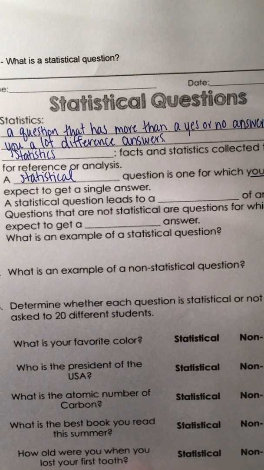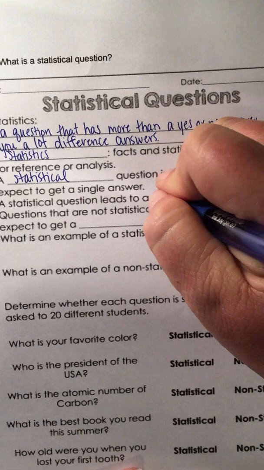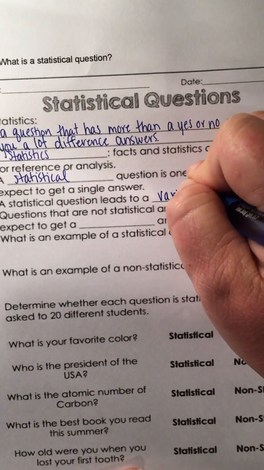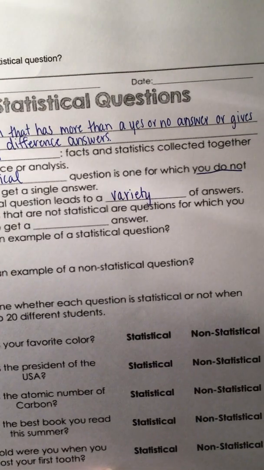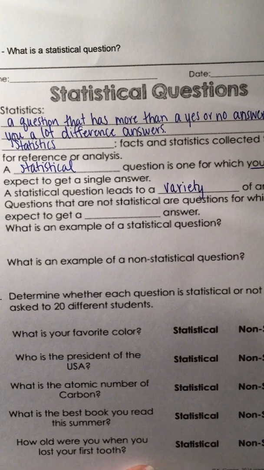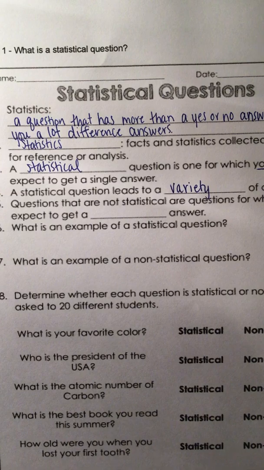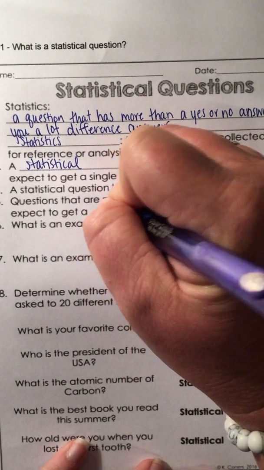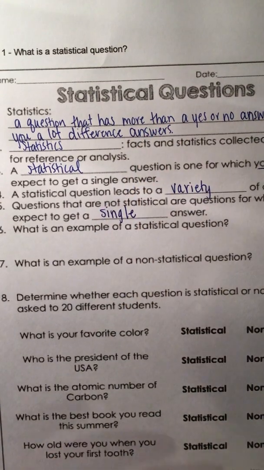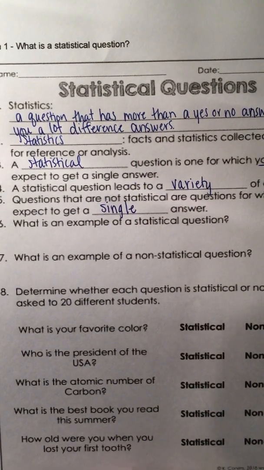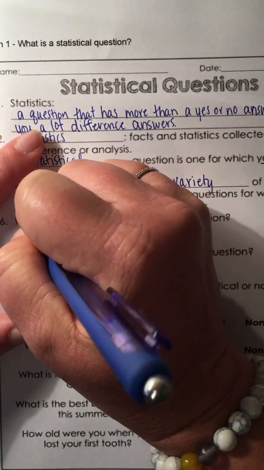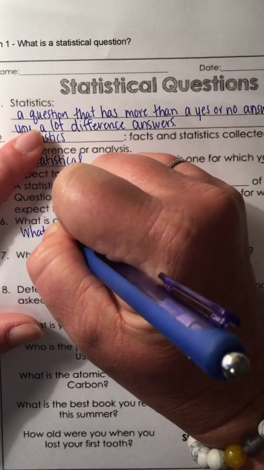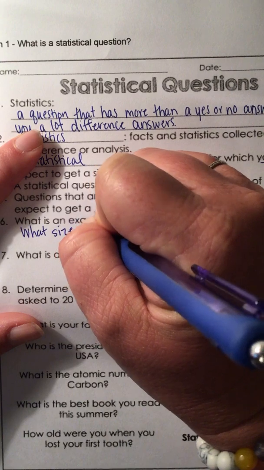A statistical question leads to a variety of answers. Questions that are not statistical questions are ones for which you expect to get a single answer. And then for an example of what a statistical question is, I would say, what size shoe